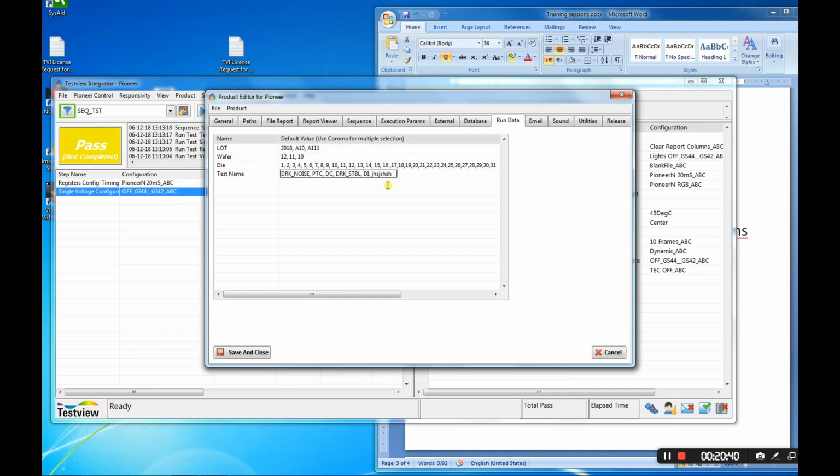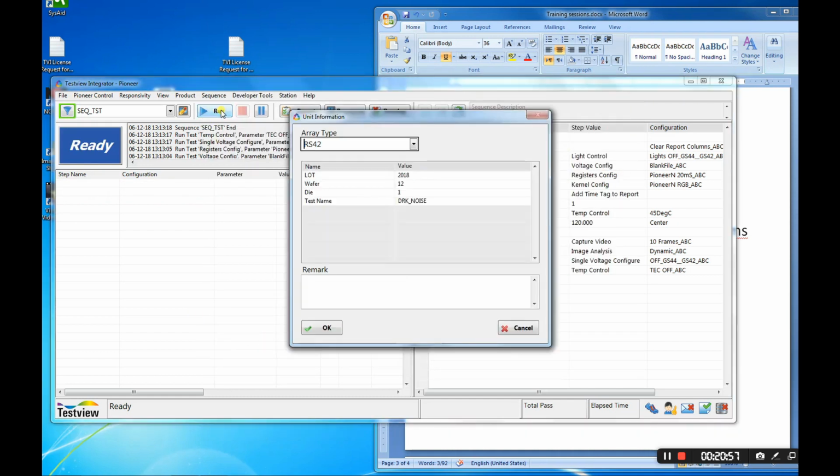You can enter here any number you want. 9, 8, 7, 6, 5, 4, 3, 2, 1, 7, close. So when we go to run now, you can see the numbers that I wrote here.